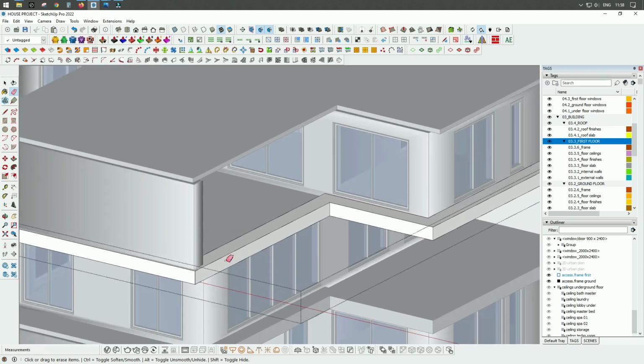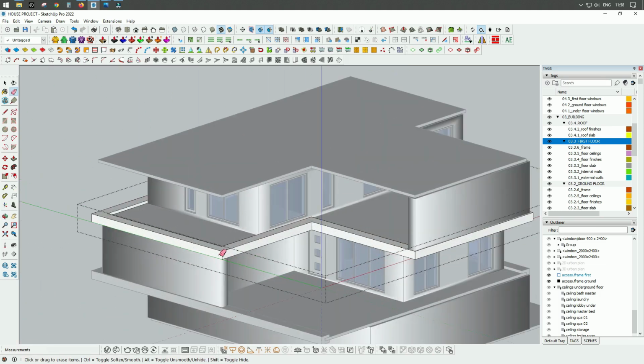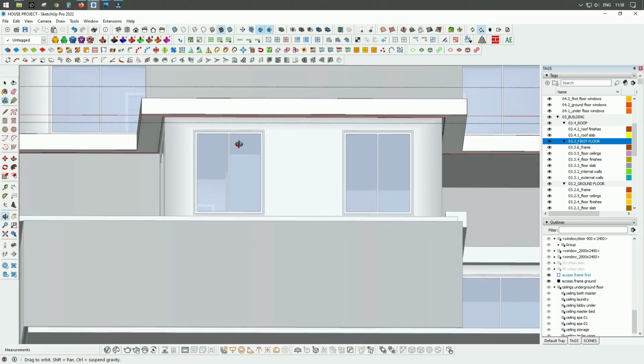They are completely the same as the first floor. So I will simply copy this frame up to this floor,